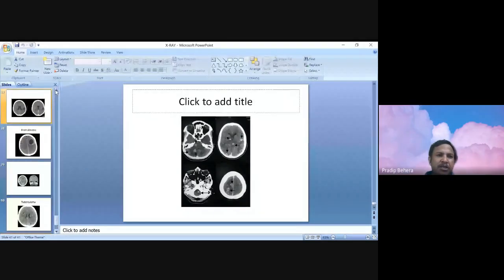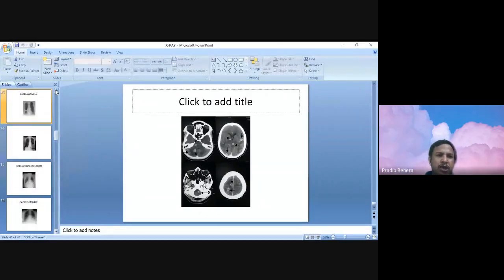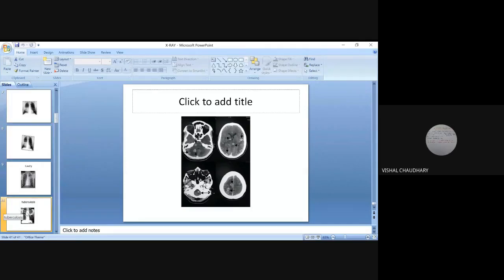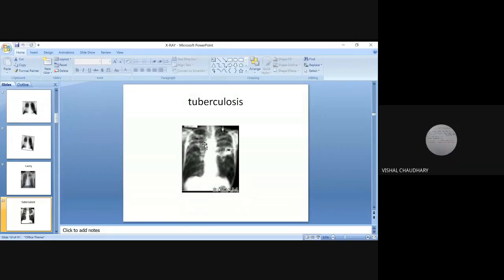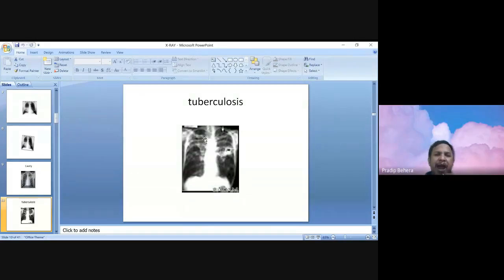So normally in tuberculosis you will find upper lobe involvement, upper zone findings. I am just seeing and explaining, so just look at it. There will be multiple different shadows and fibrosis. Normally tuberculosis is a chronic problem, whereas heart failure is an acute event. So you'll find more fibrosis, fibrotic bands. And the trachea is most of the time deviated to the side where there is fibrosis, with loss of lung tissue.